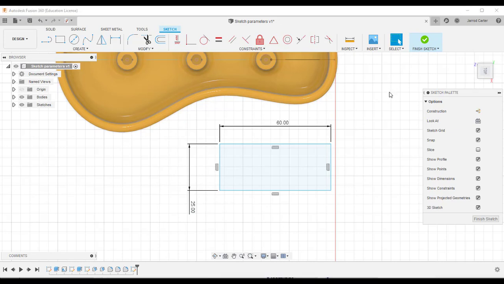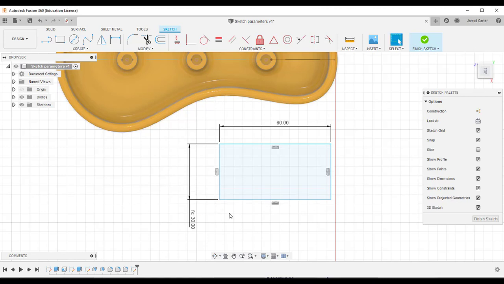If you want to do that, you will need to add a functional dimension. So first, to do that, I'm going to just hover over the original dimension, and you'll see it says 60 millimeters. It'll also have this identifier at the front, and the identifier for this dimension is D34. Every dimension in your design will have an identifier. This one just happens to be the 34th dimension I've added in this design. So over here, I can type, instead of the value divided by 2, I'm going to put D34 divided by